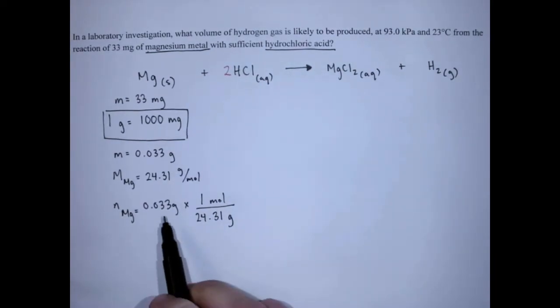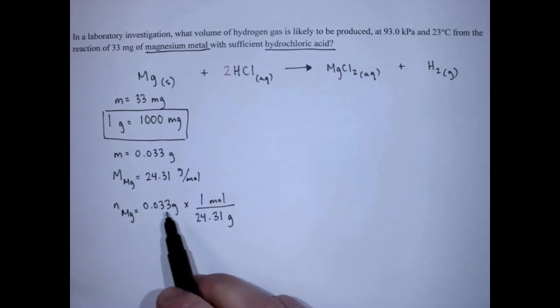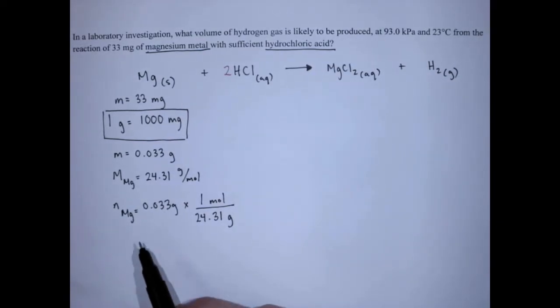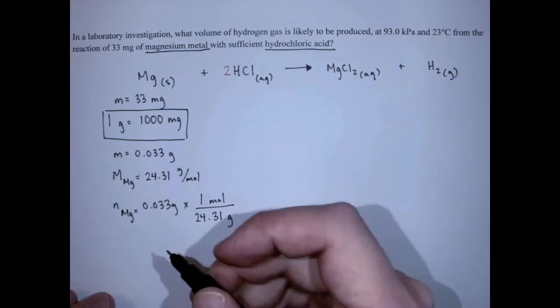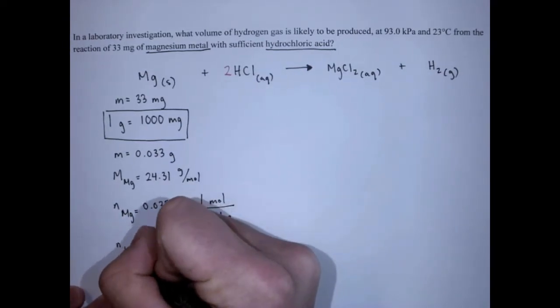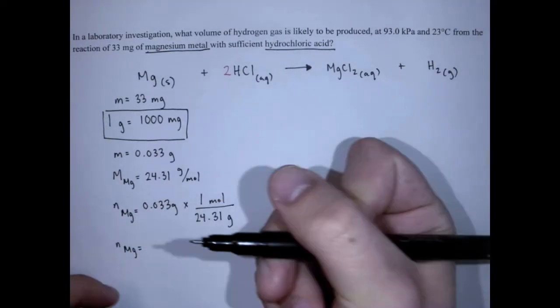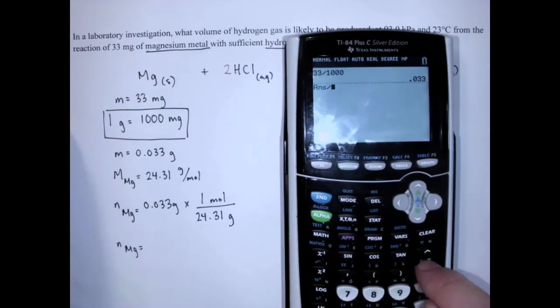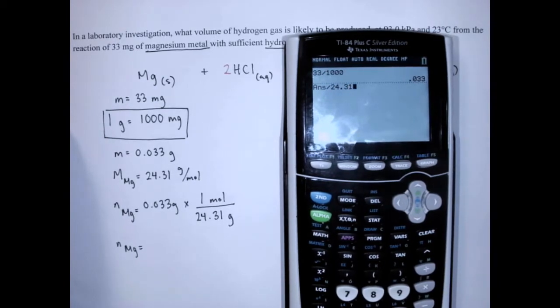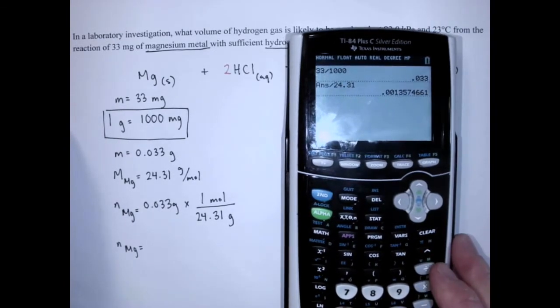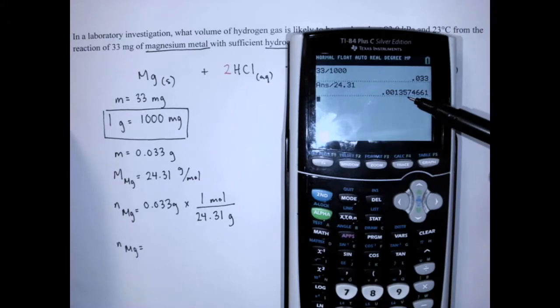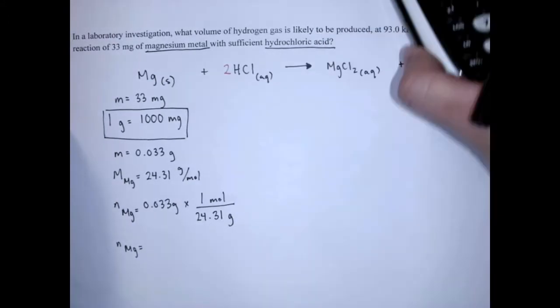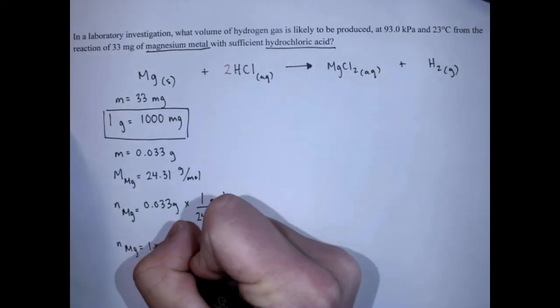So in effect, this is like dividing by the molar mass, or at least the number that represents the molar mass. So, all right, so this is going to give me some number. I'll just record it here, but once again, I can't say this enough. Do not round till you get to your final answer. Okay, so that's a pretty small number. That's 1.4 times 10 to the negative 3 moles